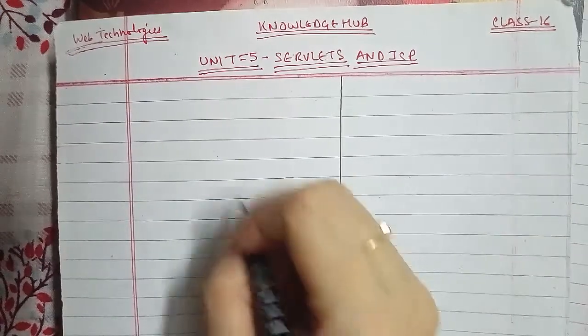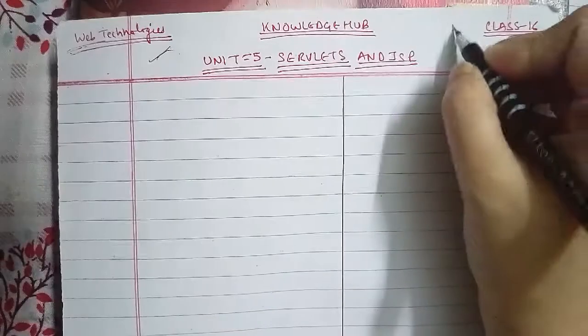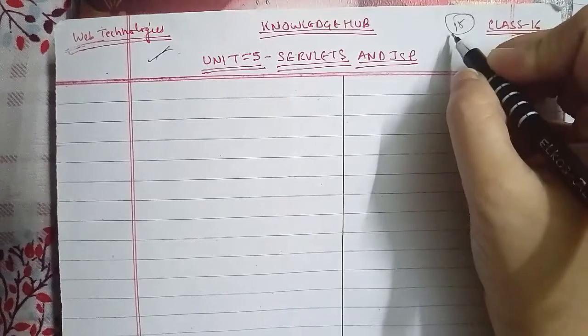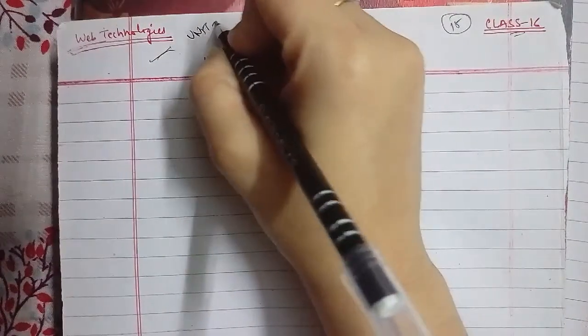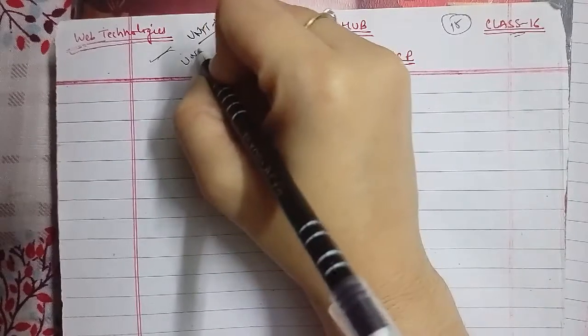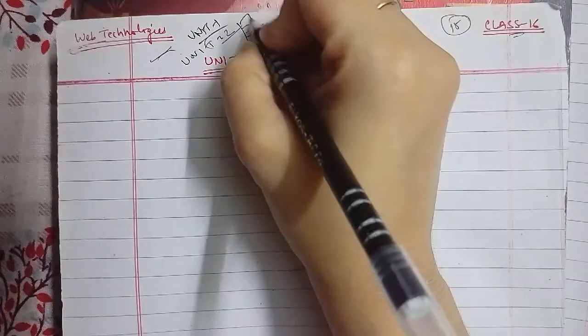We have to start with the web technology class, and this is your class 16. We had covered up 15 classes, and what we had discussed is your unit 1. Then we had discussed unit 2, in which we had discussed three parts, that is HTML,